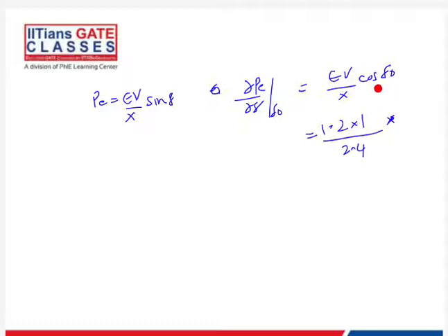Delta 0 is approximately 90 degrees. Since nothing is given, and the system has no resistance, we are assuming delta 0 would be approximately 90 degrees, right? So it would be cos 1. You will get this as 0.5, right? And what is M? M is SH divided by M, right? So you would get it as 1 into 4 divided by